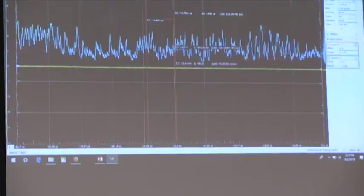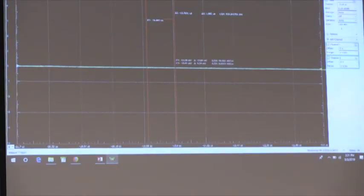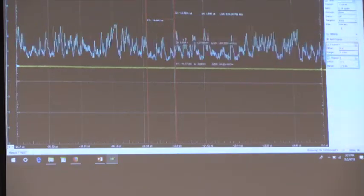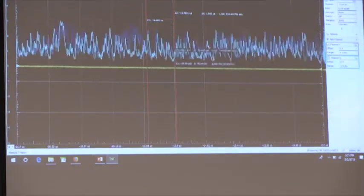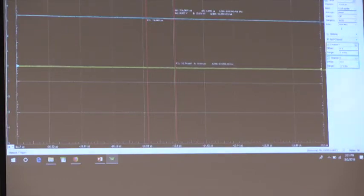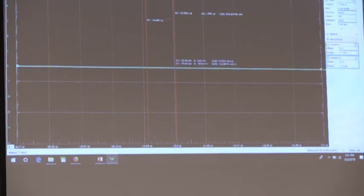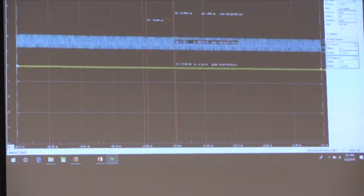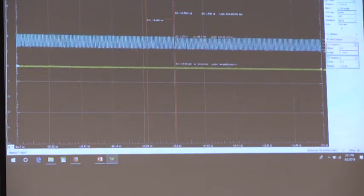And now we have a demo. All right, so right now we're in receive mode, and can you do a test pattern real quick? So in the GUI, we're able to do a test pattern, and if you went to all ones, we would see that that blue line goes all the way up high, and if you go to all zeros, low, and then toggle, and then you can see it toggling at a fast rate. If you put it back to none,